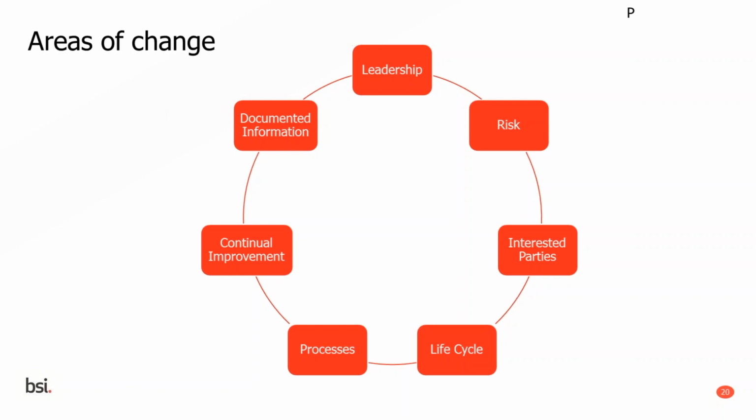If you look at the other areas on this slide, you'll see that the other areas have really come from the high-level structure rather than separate requirements. So in terms of interested parties, obviously that features in section 4 of the high-level structure. That is a new requirement to identify your interested parties and their expectations. However, if you looked at the old standard,